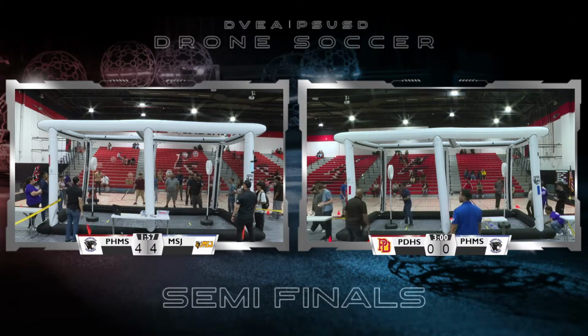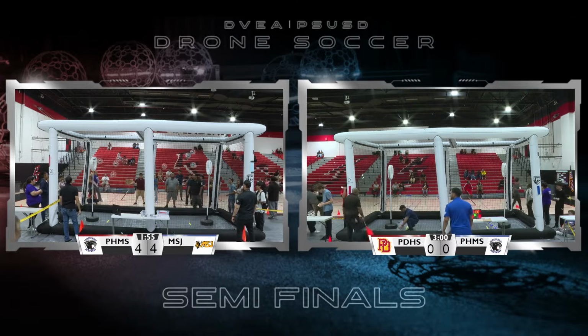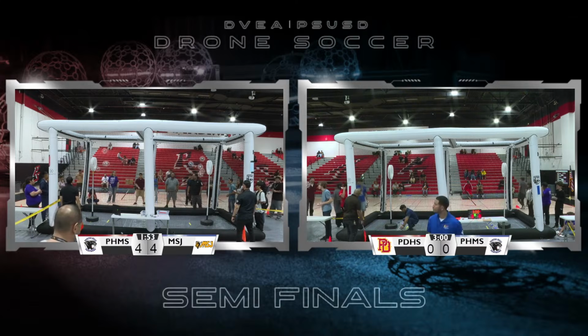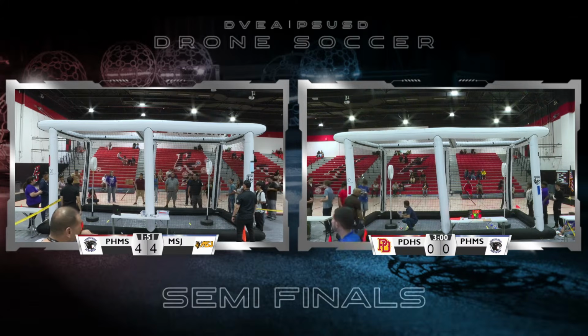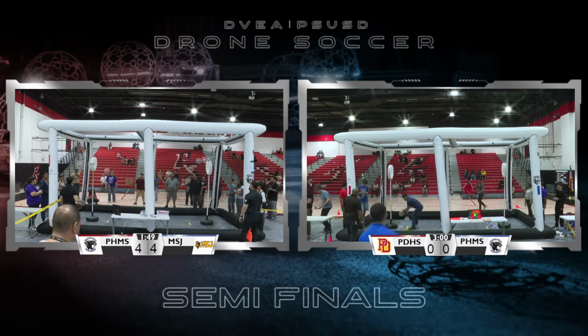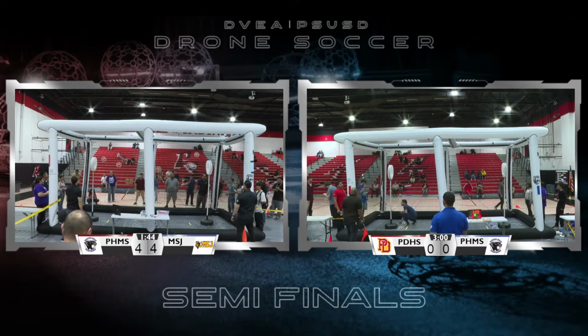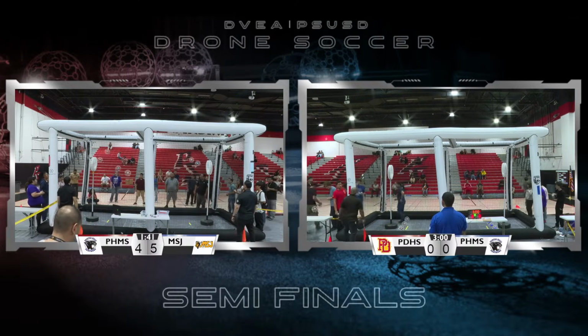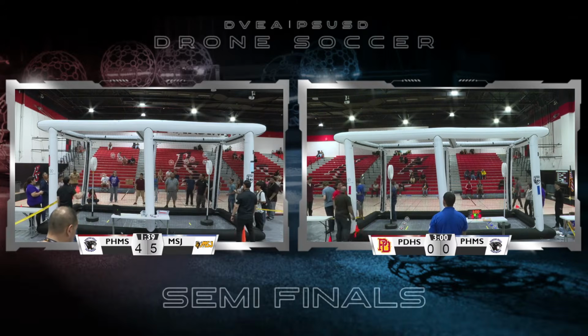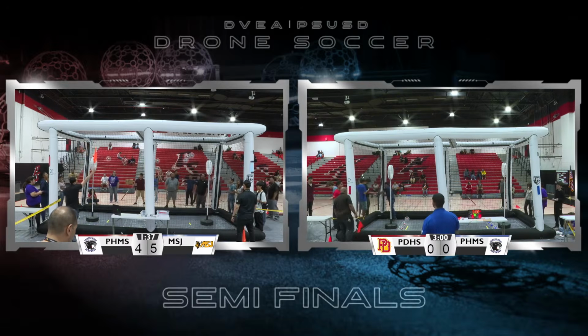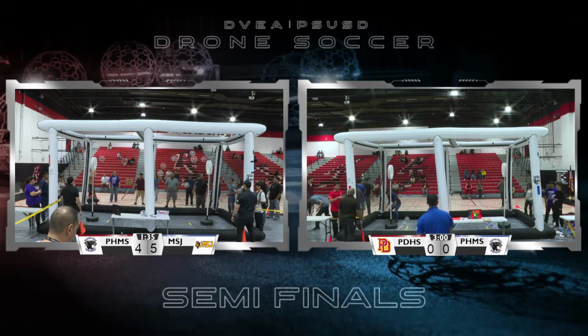Painted Hills is ready to score again, so is MSJ. Both the flags are down, meaning both teams can score at this point. And you see the strikers jockeying for positions, trying to get through. MSJ just made another score at 5-4. Still waiting for Painted Hills. They're still negotiating that goal around several blue defenders who are bumping them out of the way.